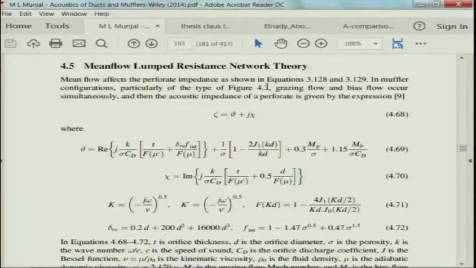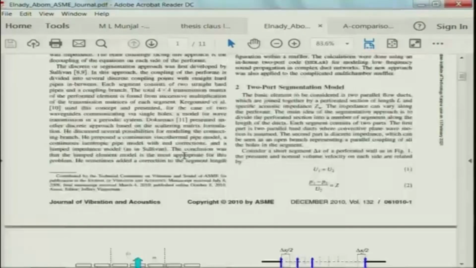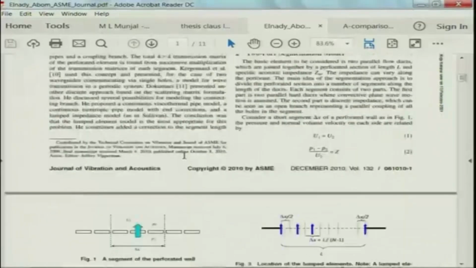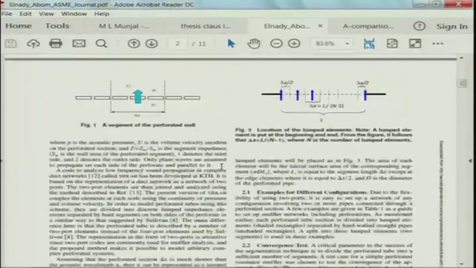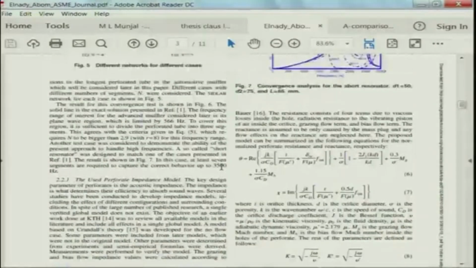So, this zeta is given by nu plus j times chi. This nu is a sum total of 4 different parts, and let me get to the paper. This work appeared in the Journal of Vibration and Acoustics, the ASME journal, American Society of Mechanical Engineers, I guess sometime in 2010. This expression is given in the book on ducts and mufflers by Munjal,